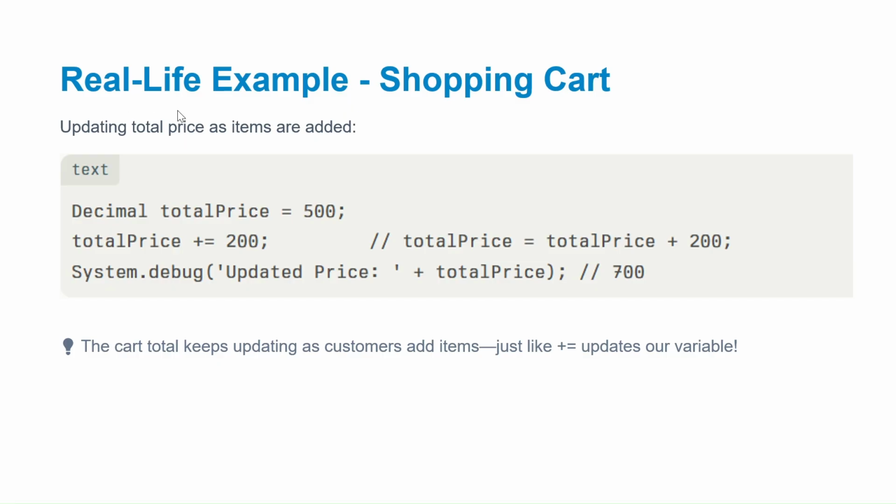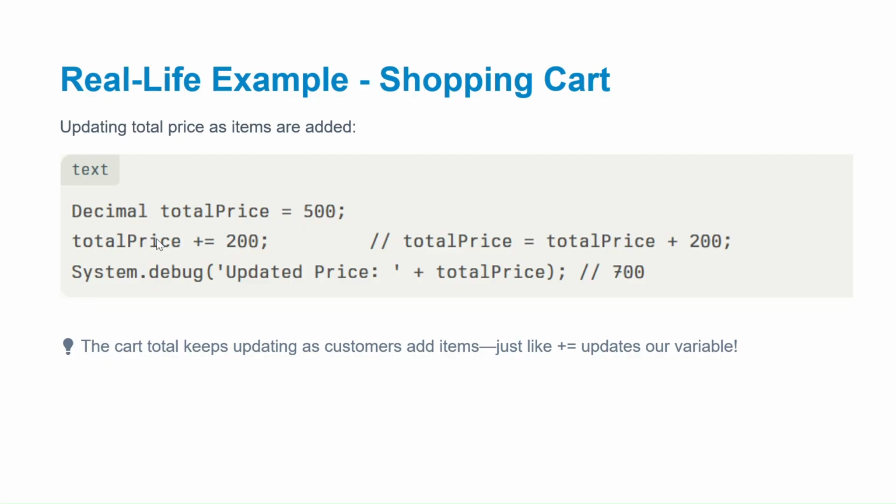So guys, in this slide we will understand the real life example of the shopping cart. Here we have a variable, totalPrice, which has a value of 500. We assign 500 to the totalPrice variable with the help of the assign operator. With the help of the add and assign operator, we are adding 200 more to the totalPrice